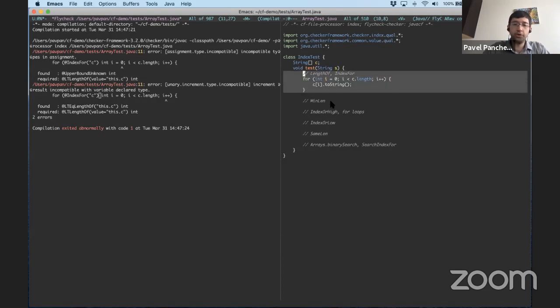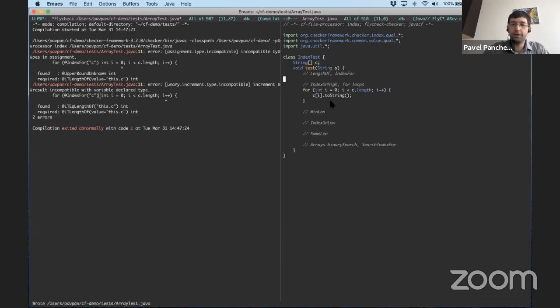Okay, so far I've shown you annotations that we can apply to array indices. There are also annotations that you can apply to arrays themselves. So I might want to say that I have some array of, let's say, integers, and I know for sure that 3 is a valid index of it.